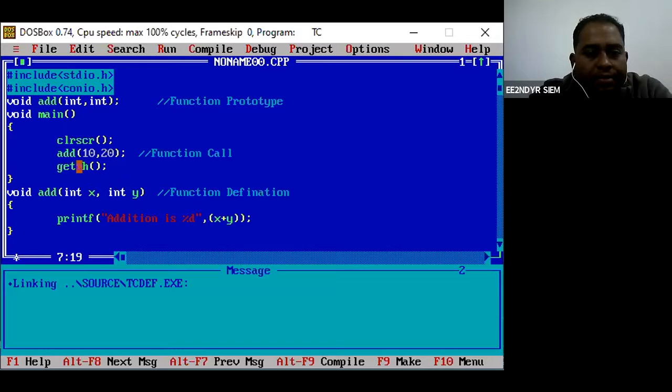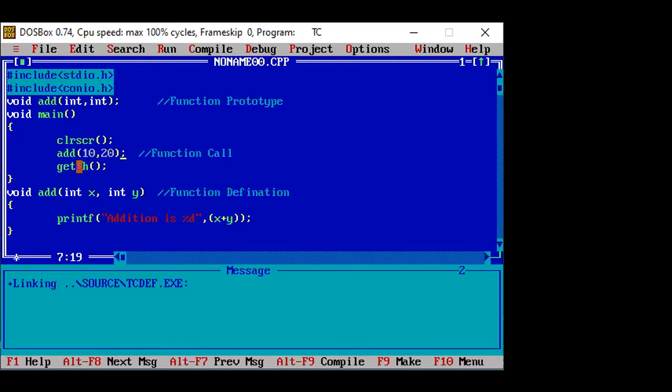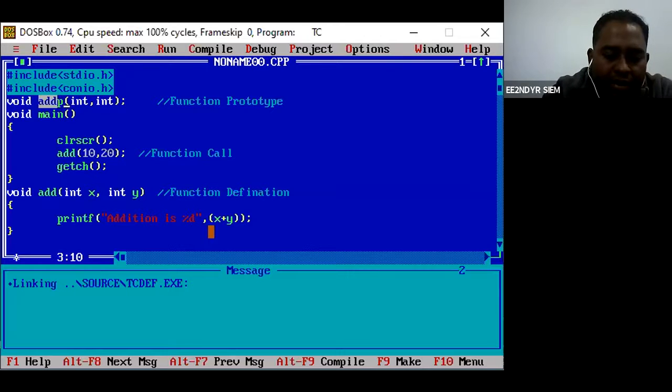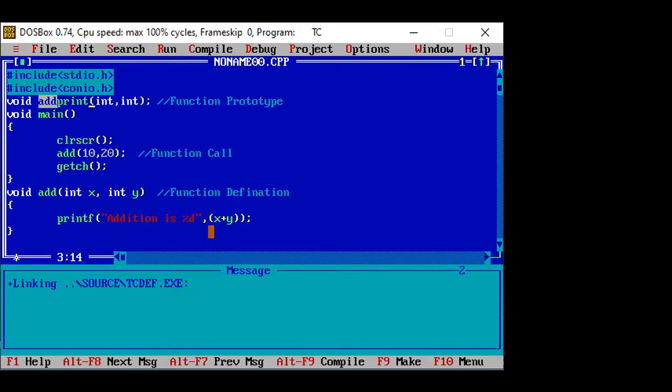Now next, what I can do is a for loop. I will change this and make it a print. Void print.